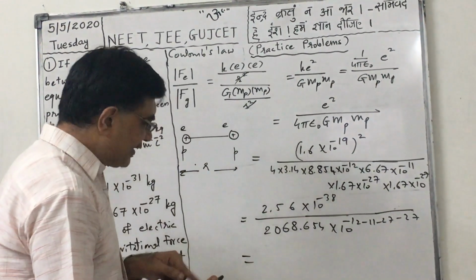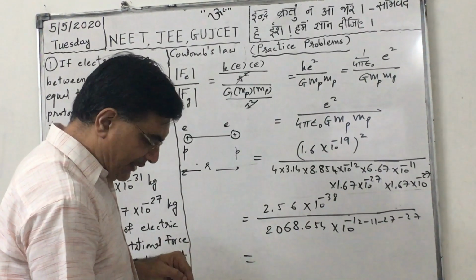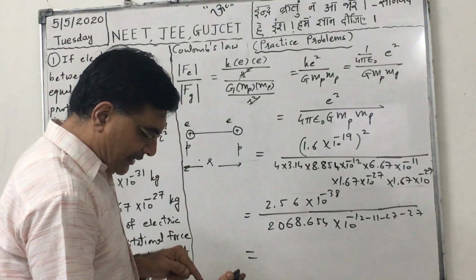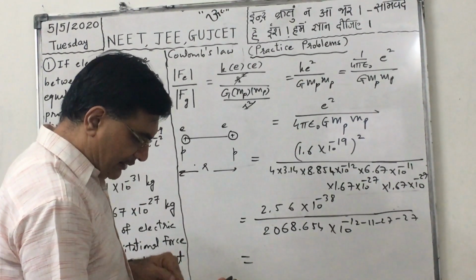Now let us divide these two. So 2.56 divided by 2068.654, that is